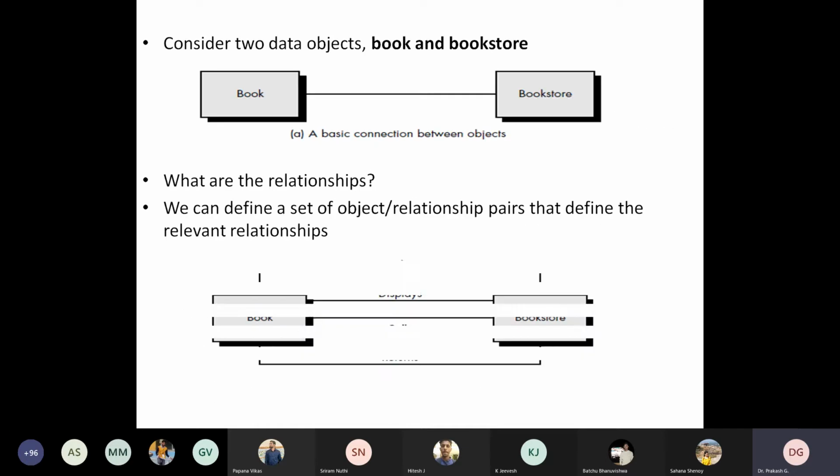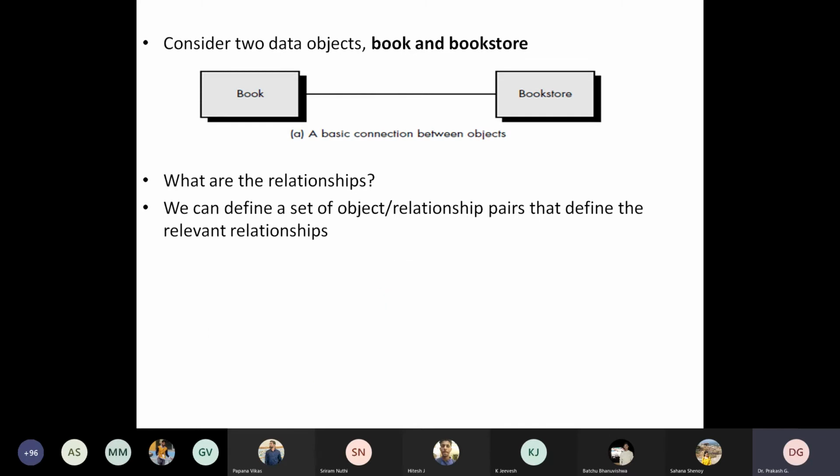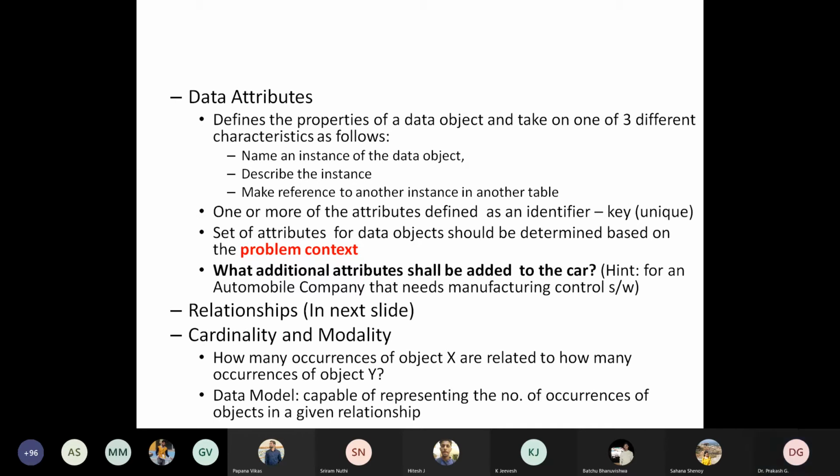Now coming back to this example, the bookstore places some orders of some books. Consider the first relationship, orders. For this, how many books have been ordered? That is not defined, and that is what we call occurrences.